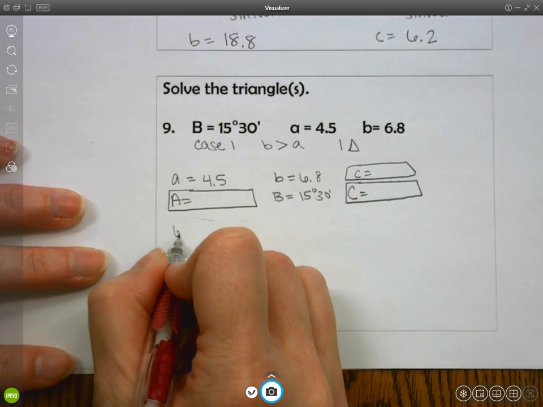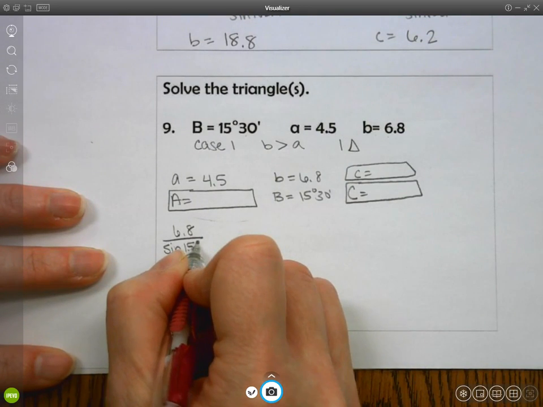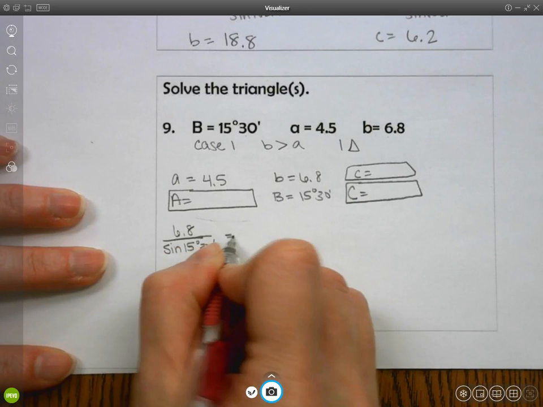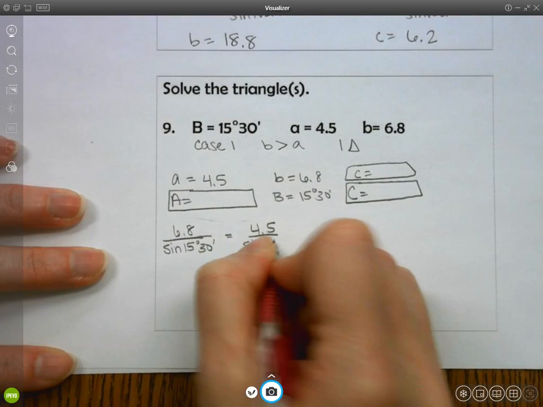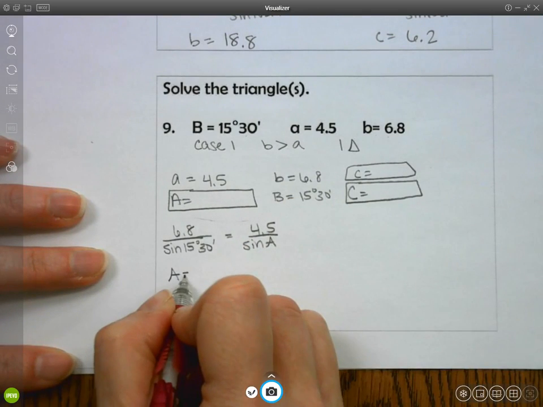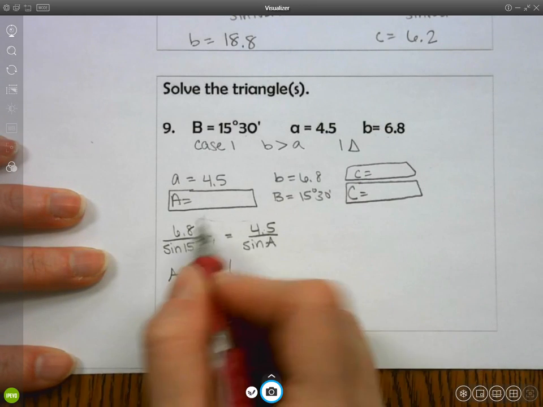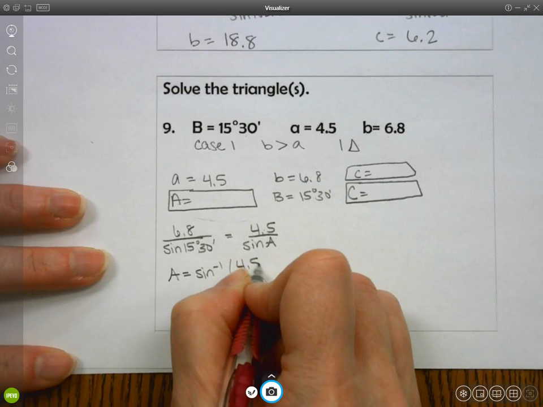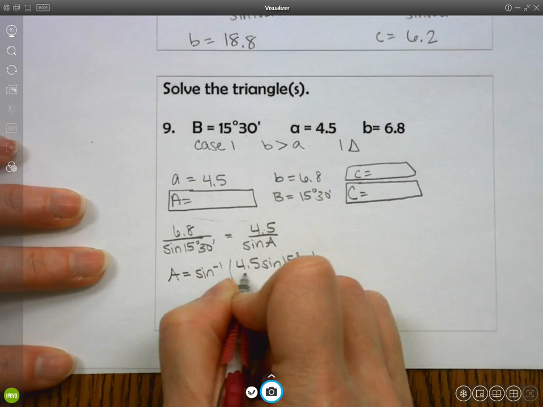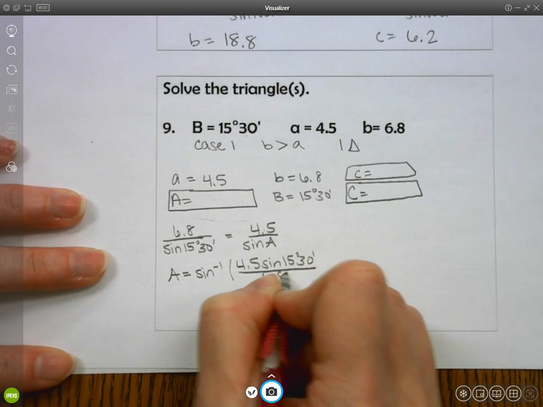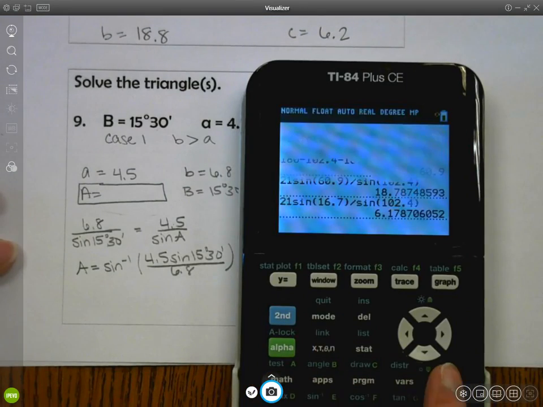So we're going to say 6.8 over sine of 15 degrees, 30 minutes is going to equal 4.5 over sine A. So I'm trying to find an angle, so I start with inverse sine of, and then cross multiply, divide. So 4.5 sine of 15 degrees, 30 minutes over 6.8. Alright, so in my calculator, that is going to look like